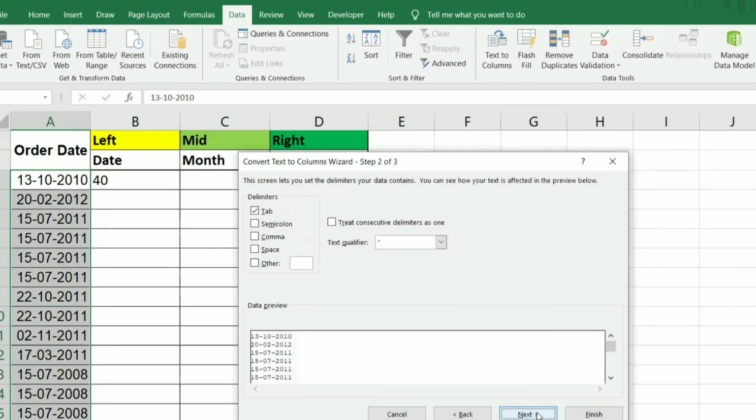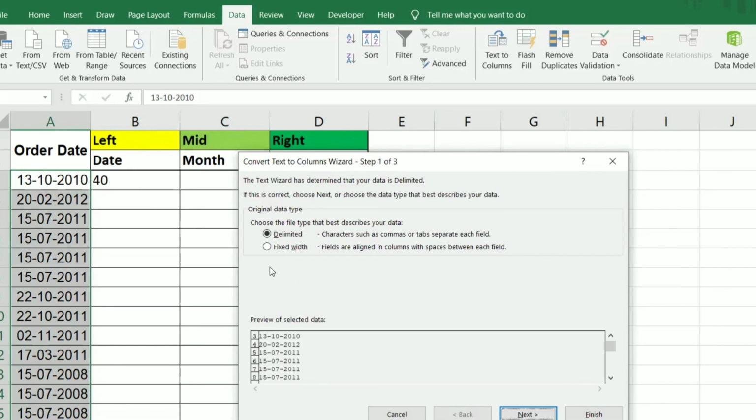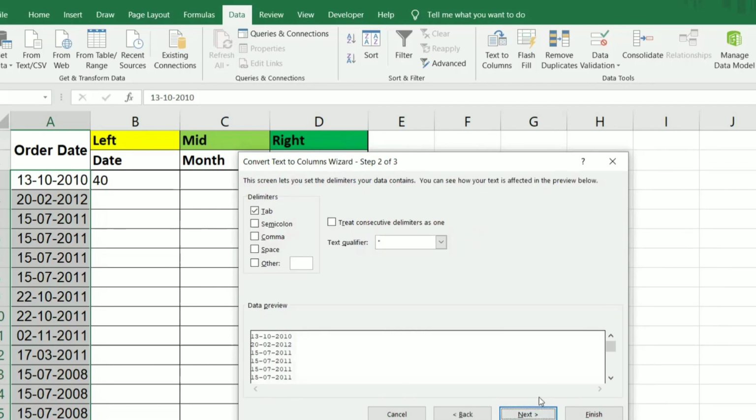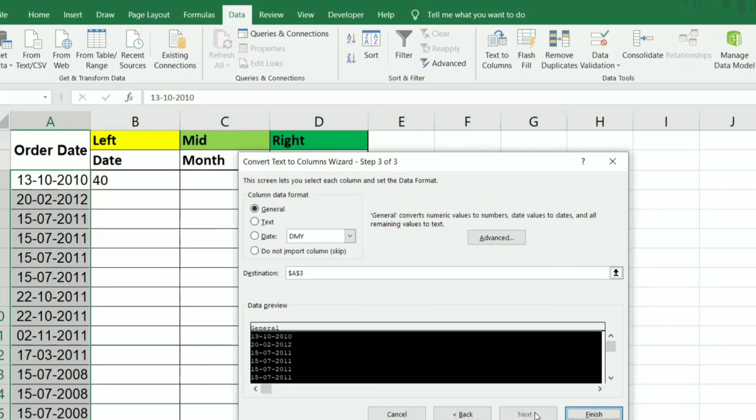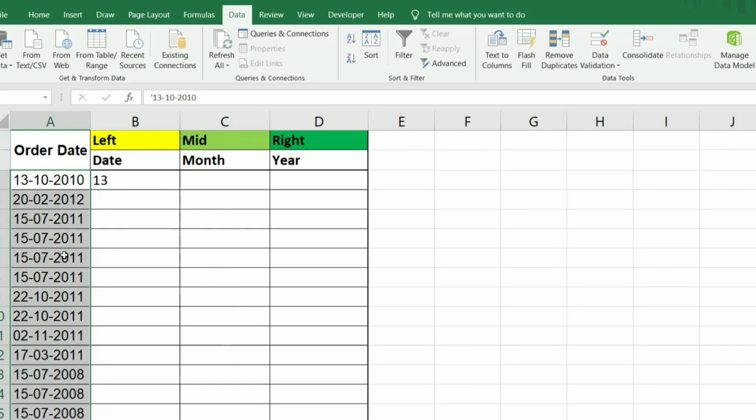There are two options: one is Delimited, the other is Fixed Width. Choose the first one, Delimited. Go to the next step as well. Then select Text and click Finish. It will now be converted into text.